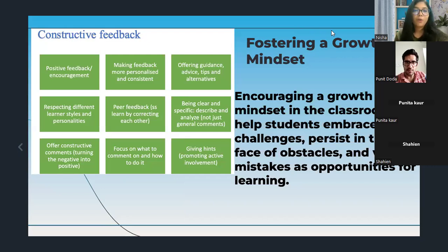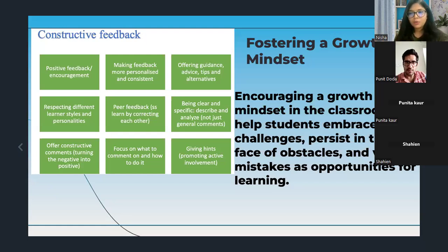Praise students for their effort, not their innate abilities. So we should definitely inculcate the growth mindset in our students by praising, like we can give a star on the chart, we can make a chart where we can give some stars, where we can praise the students to build their growth mindset.